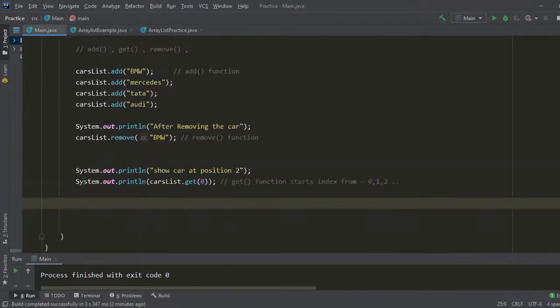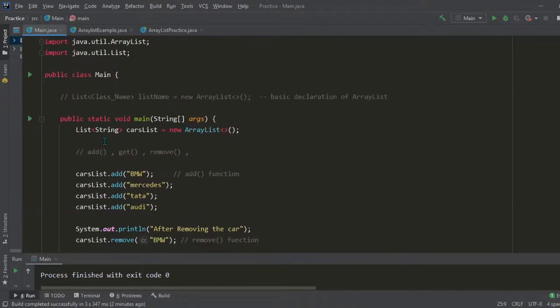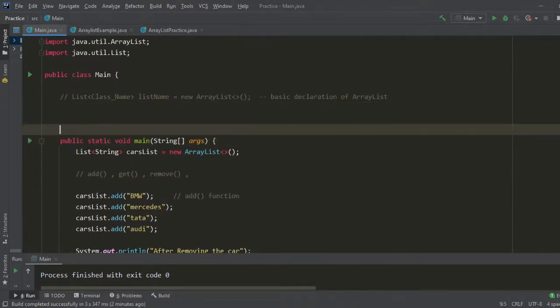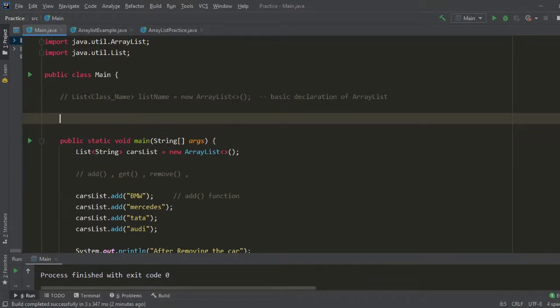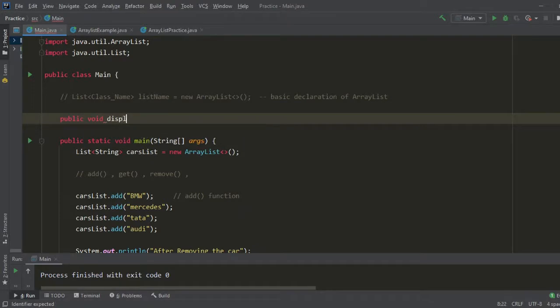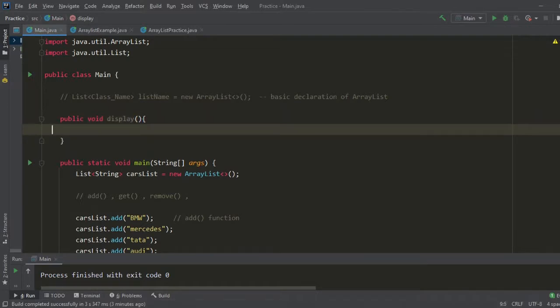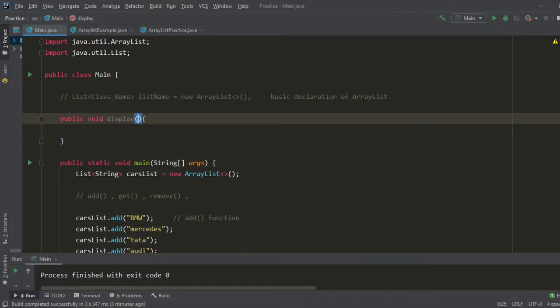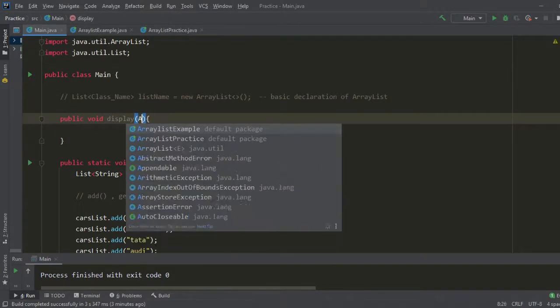ArrayList does not have an inbuilt display function, so here we'll try to make our own display function. Void display, which will display the ArrayList or the elements present inside it. So we will just pass it the ArrayList.